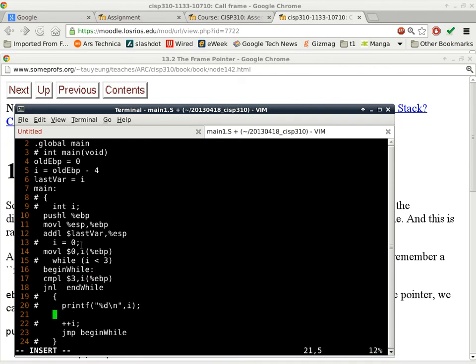And now I can implement the printf statement. So once again, I have to push the last parameter first. The last parameter is my local variable I. This is how I can access the value of the local variable I. And then I have to push the format string,